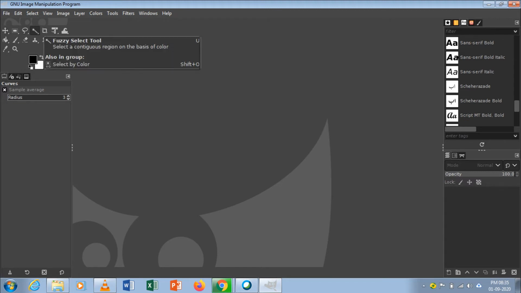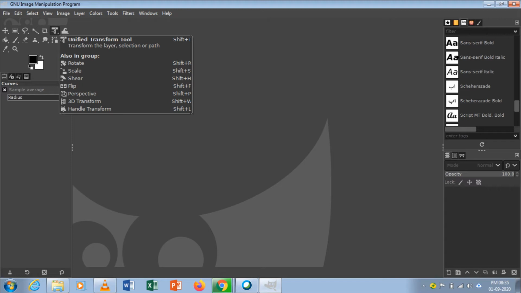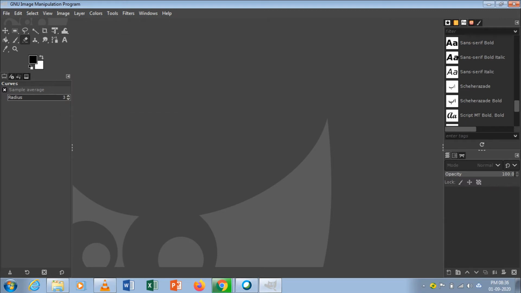If you select any particular tool and click, immediately below the toolbox you will get the tool options. Okay, in other applications, you know, the menu and the submenu, no? If you click main menu, it will show the submenus. Likewise, if you click any particular tool, it will show the tool options present in that particular tool.